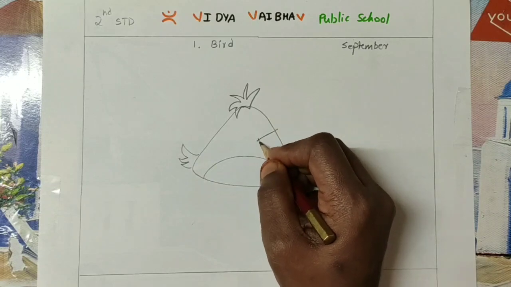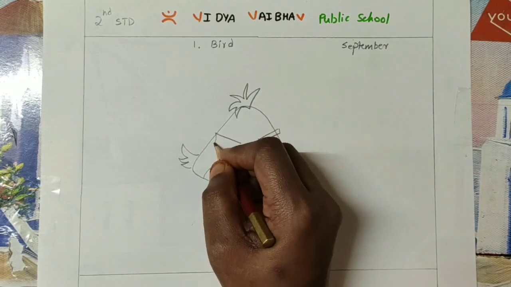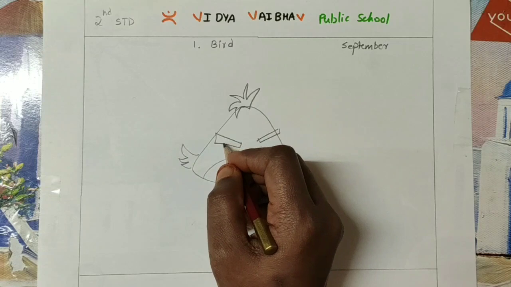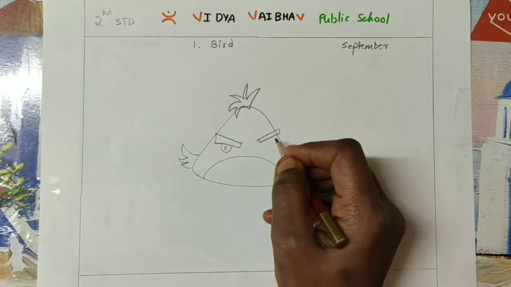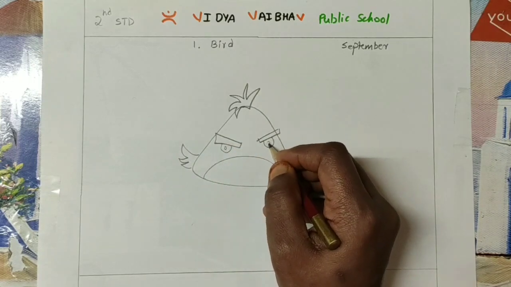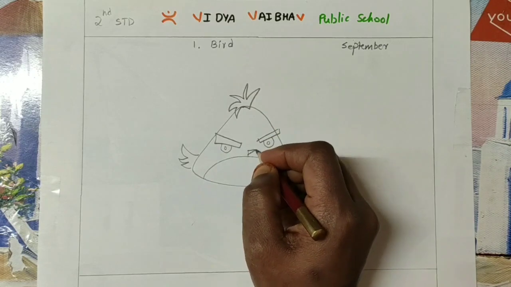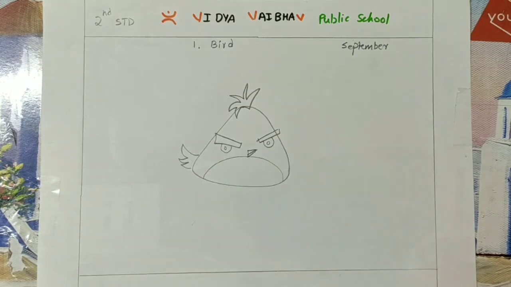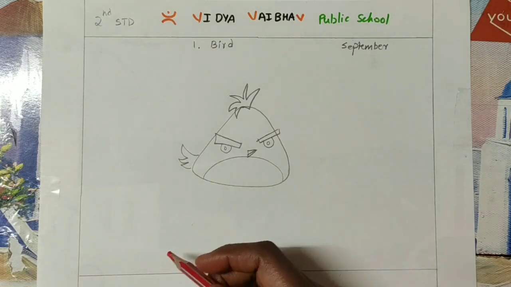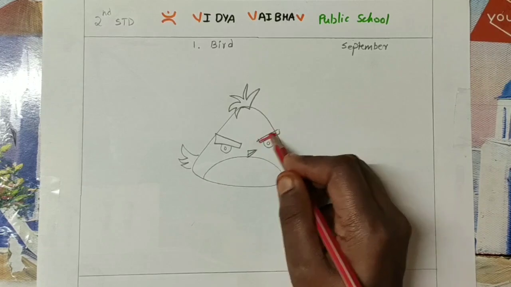And now I am going to draw the eyes for the angry bird. Can you see? Yes, I used everything with a simple basic shape. Here I am drawing a beak, even using the basic shape. It's nice, right? We'll start coloring this. You should remember, you should always use basic shapes while you're drawing.